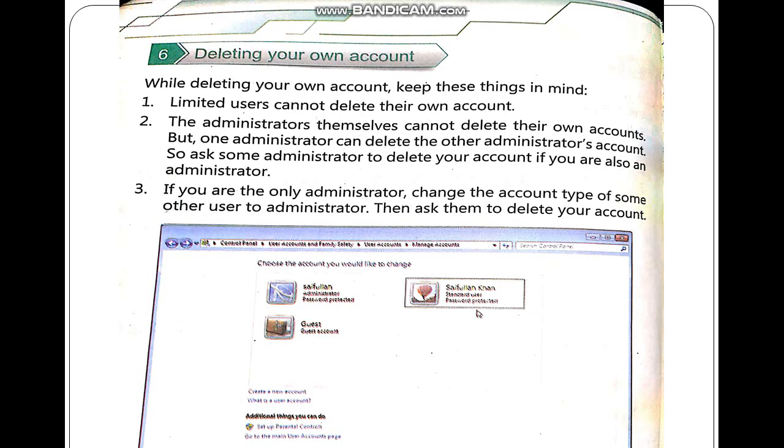Number three, if you are the only administrator, first change the account type of some other standard user to administrator, then this administrator will delete your account.